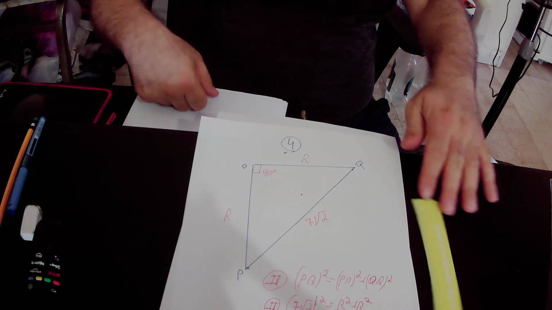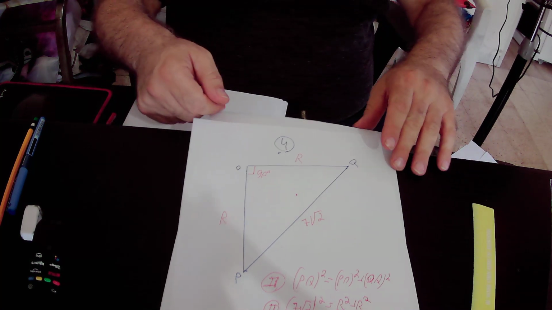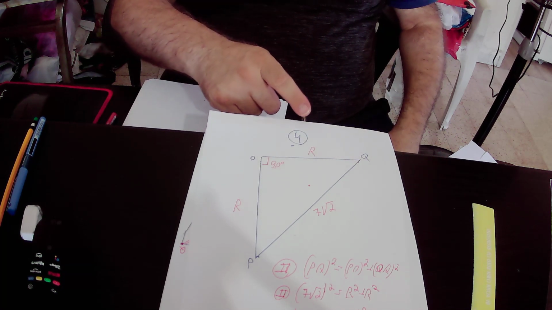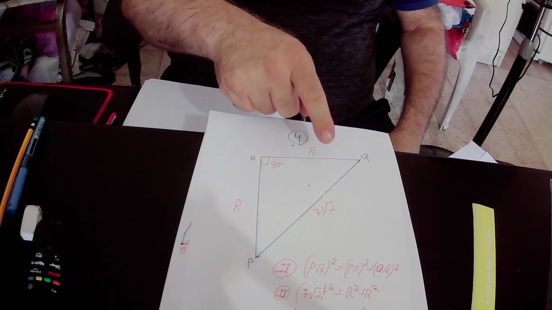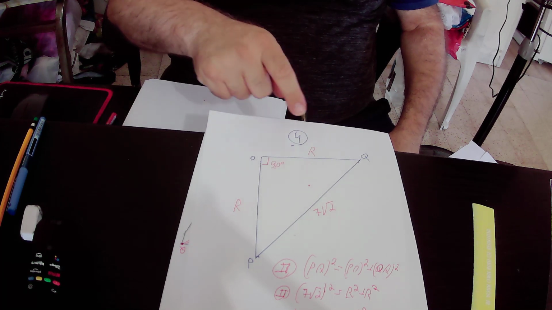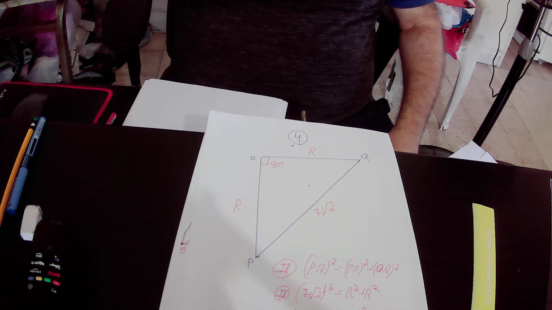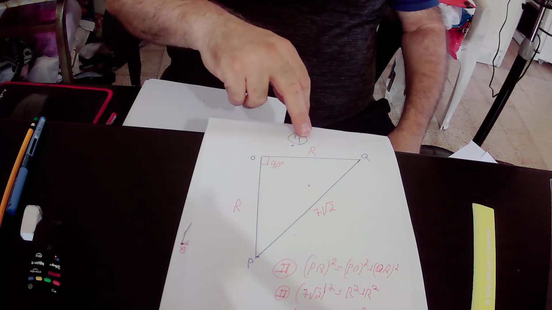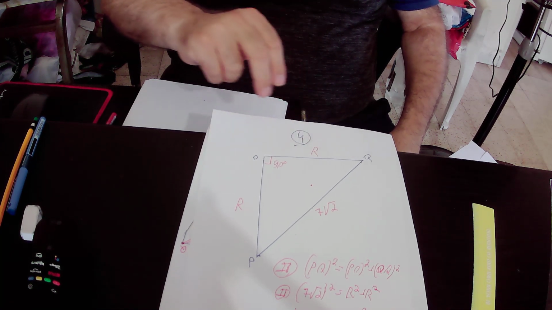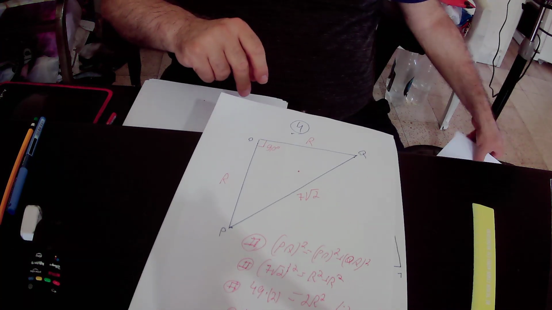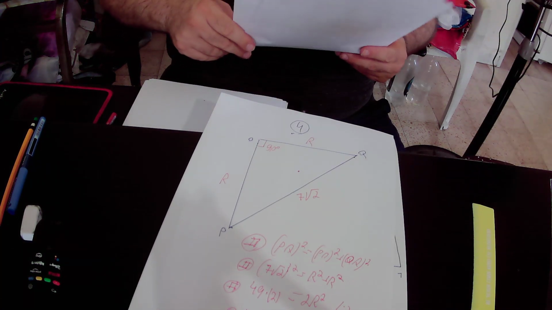So in our specific right triangle, we can say that 7 times root 2 square equals R square plus R square. Here, and we got the capital R equals 7 units, but according to the first equation,